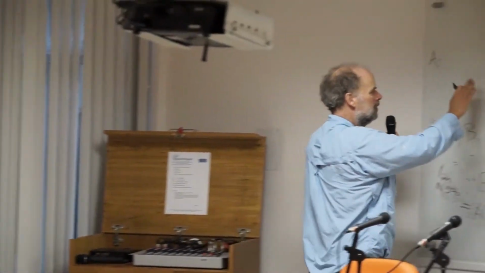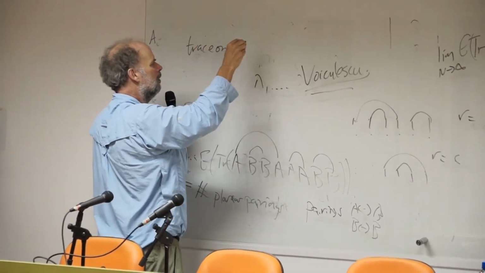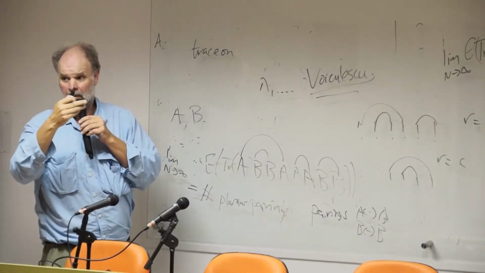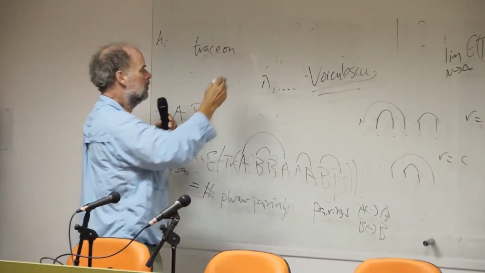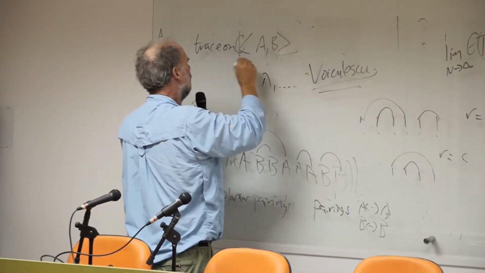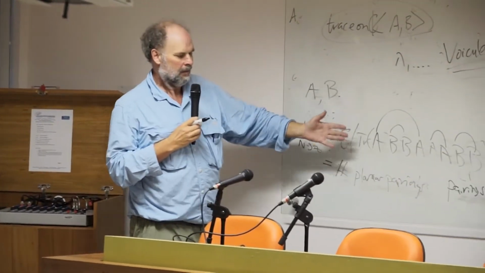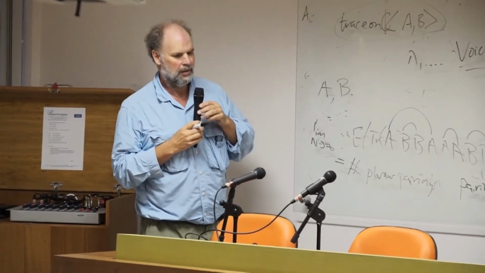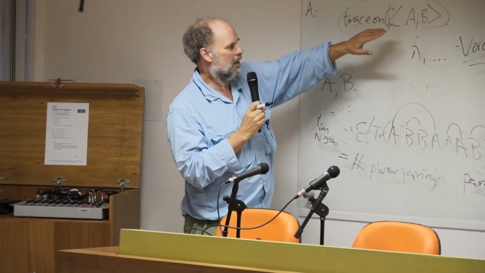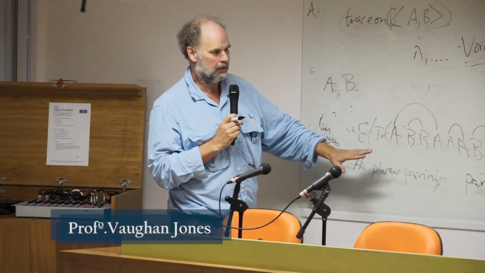But what Voiculescu said was we should take this as defining a rather interesting trace on the algebra of polynomials in 2 variables. Okay, so this is something like C of A and B. That's what this limit, or this complicated combinatorial formula on these words, gives you: a linear function from this algebra of non-commutative polynomials. Here's a non-commutative polynomial. Its trace is this number of pairings.